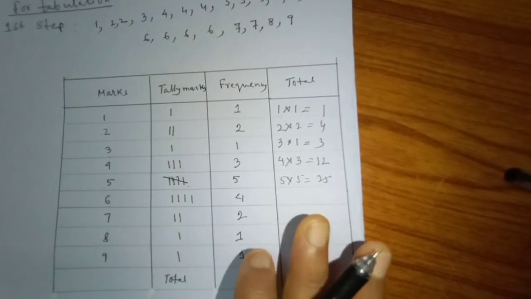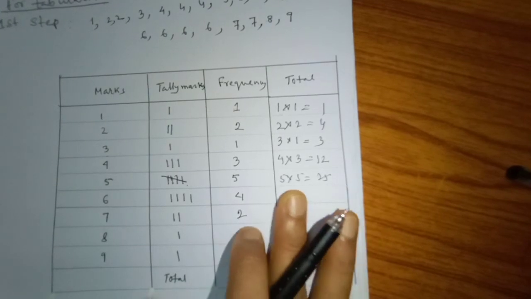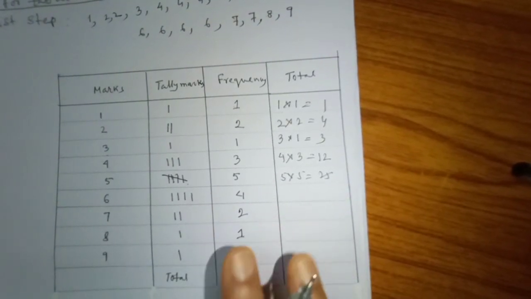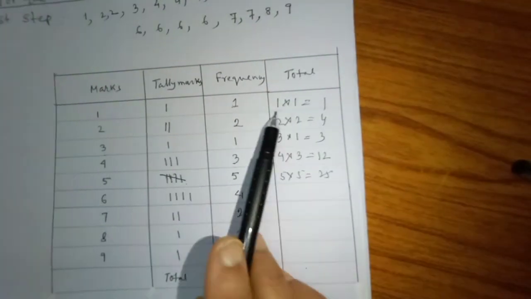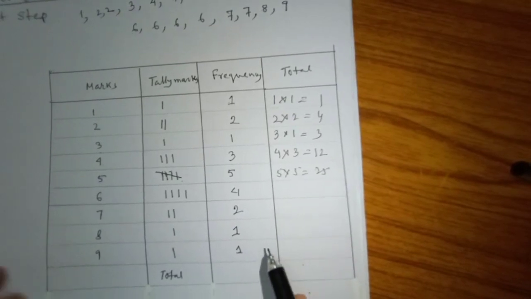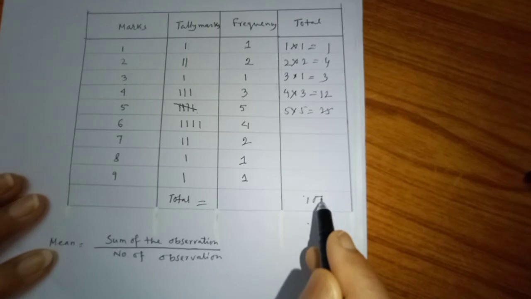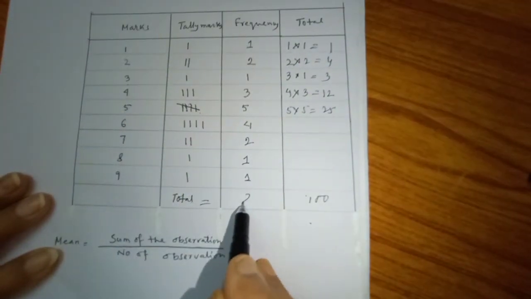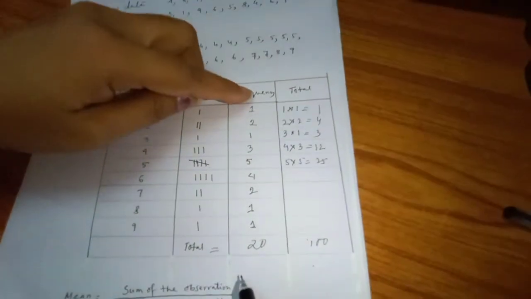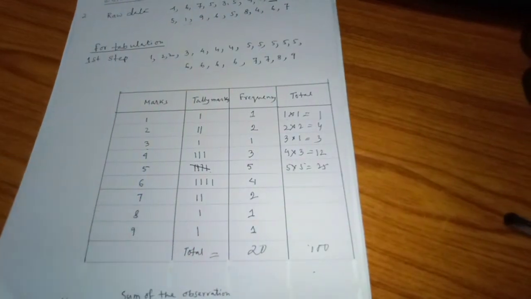Try to understand. For your explanation I have explained it again. You will add these. When you complete it, you will see that the total will come to 100. And the sum of the frequencies, you know, is 20. 20 observations are given. You can add these and get 20 also.